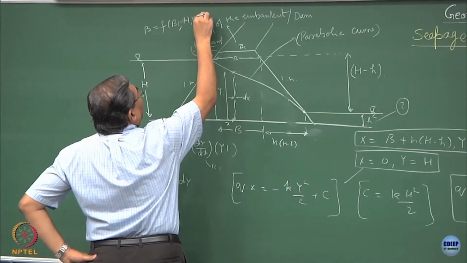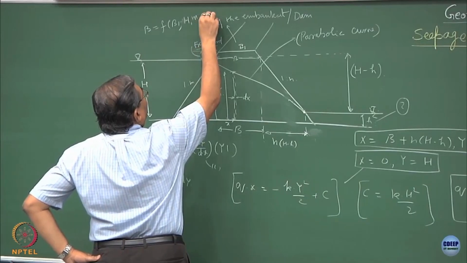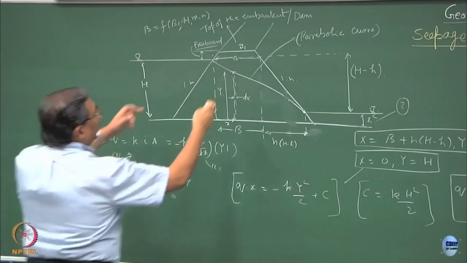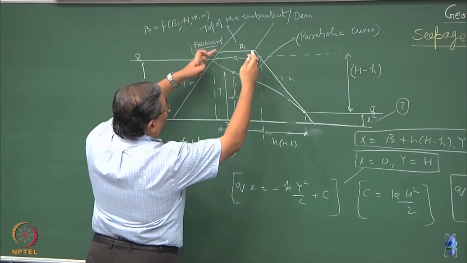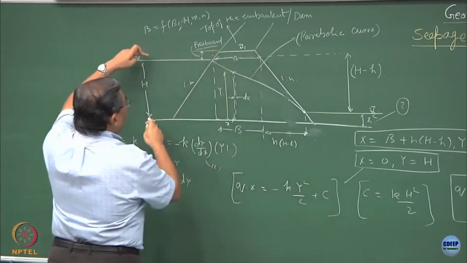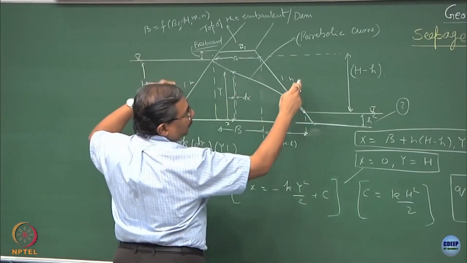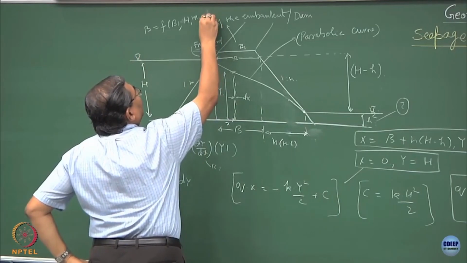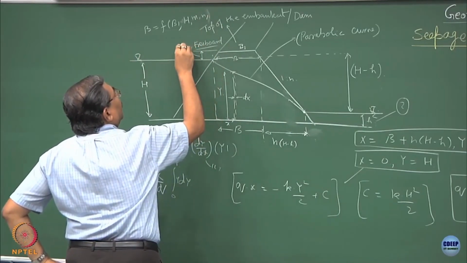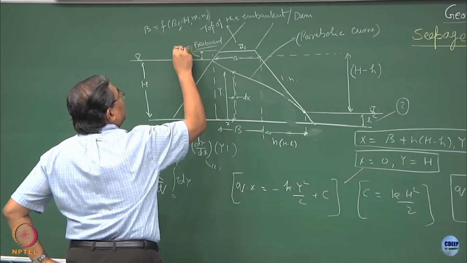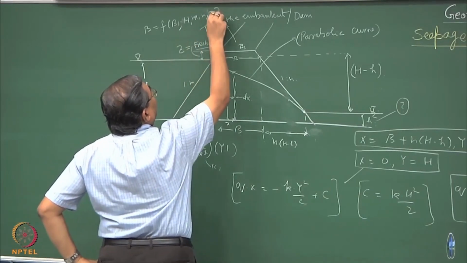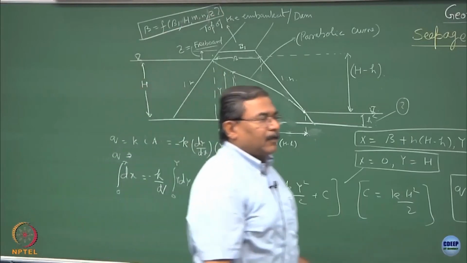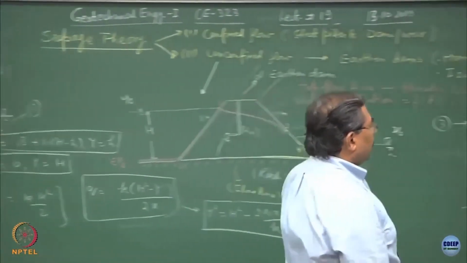M, N. So, I can design the top width keeping in view the h, the two types of slopes, how much water is to be retained, what is the freeboard. So, I will include in this the freeboard, let us say as Z. So, this becomes a typical cross section of the earthen dam,